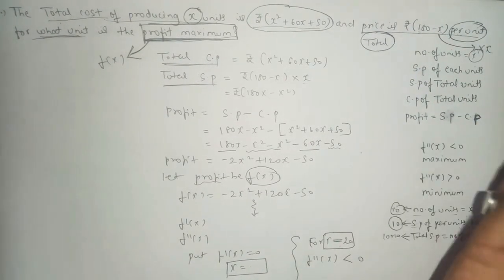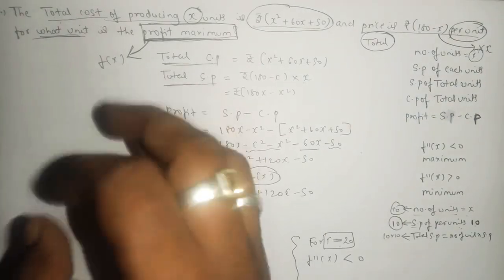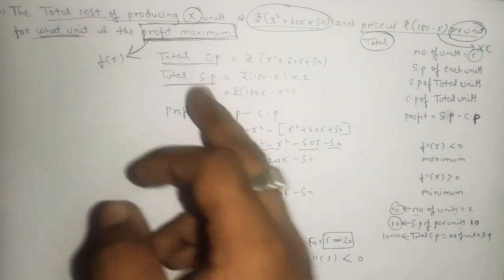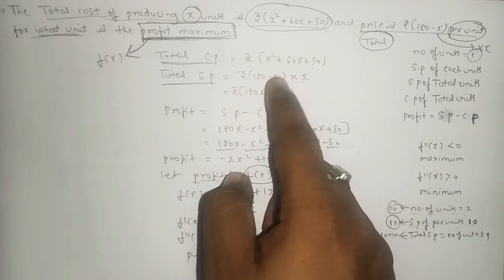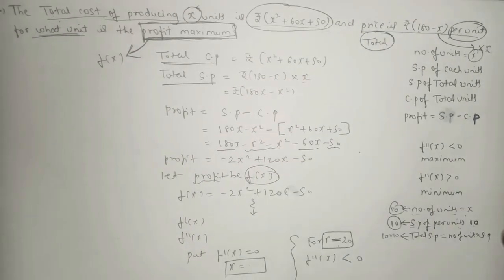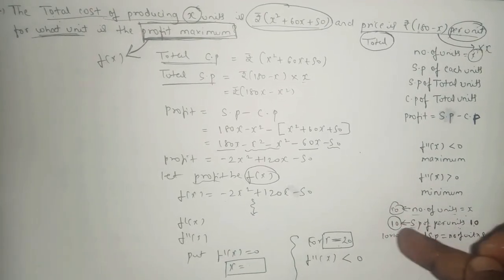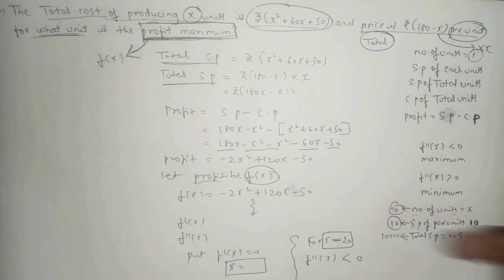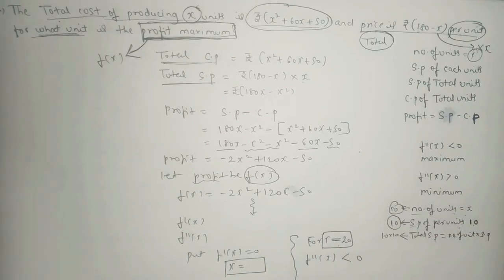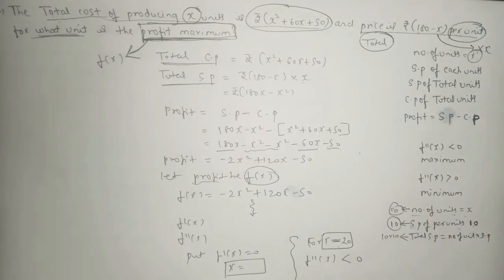So whenever it is mentioned per unit, see to it that you have to find the total selling price. To find the total selling price, you have to multiply the selling price per unit into number of units. As I had explained in one example, number of chocolates and selling price for one chocolate. If number of chocolates is 10, selling price of one chocolate is 10, so total selling price will be what, 100. So that only I did here.